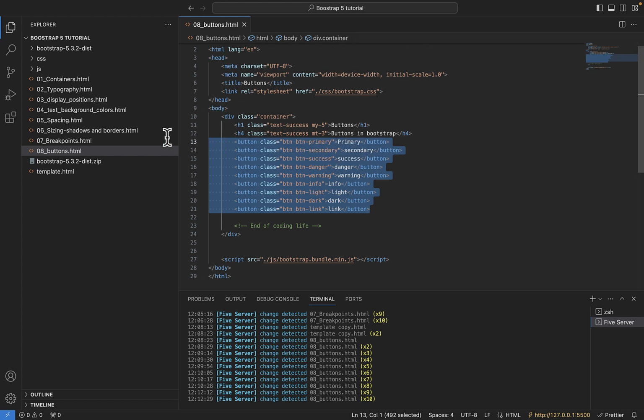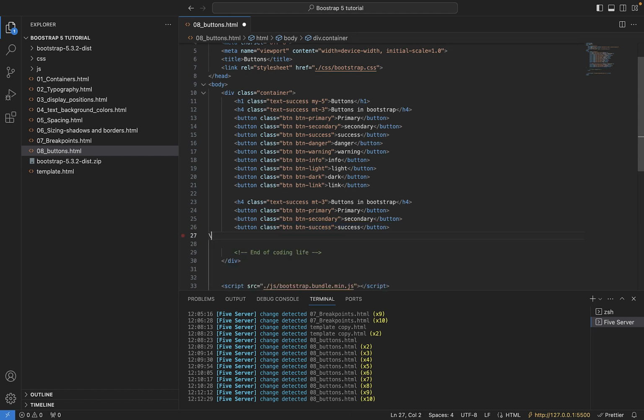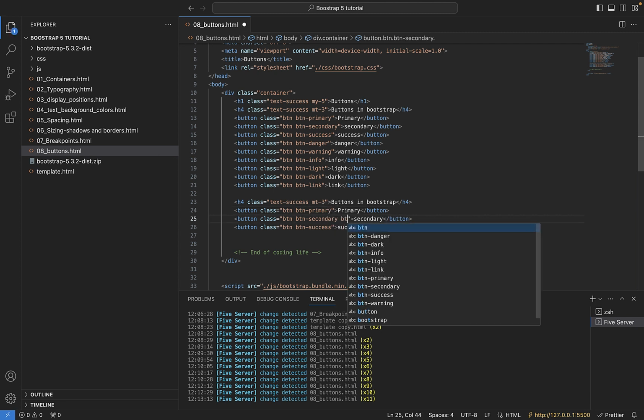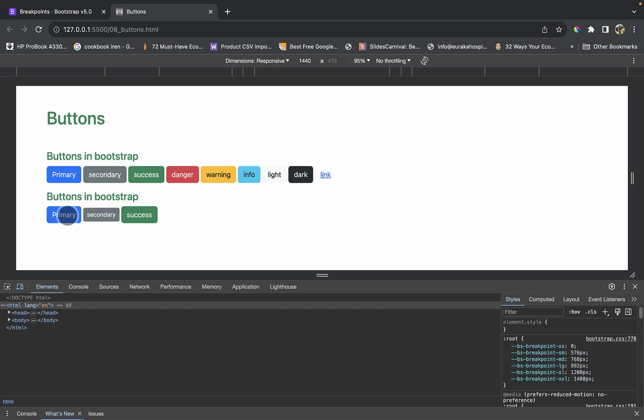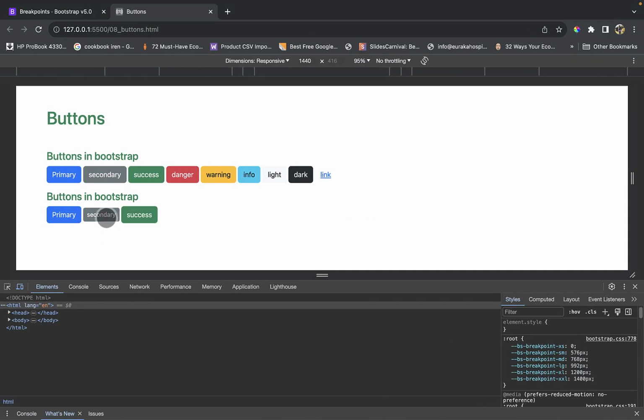I'm going to copy this and paste it down. We don't need all this because button sizes are not so many. You need to first give the btn class and then decide if it's a big button or a small button. So normally that's the size of a button, but if I want to make it small, it's going to look like this. You see, this is the normal. Primary is the normal, then secondary I've added btn-sm for small, for it to become smaller like this,